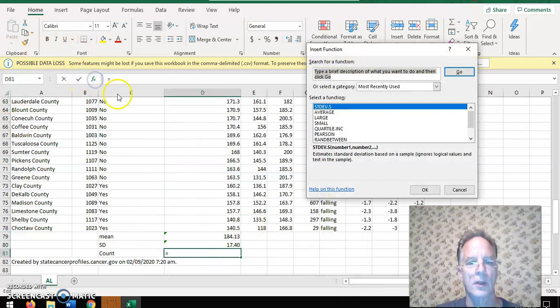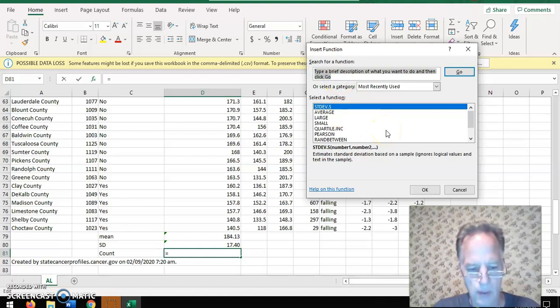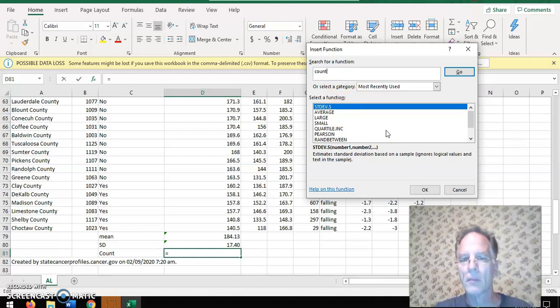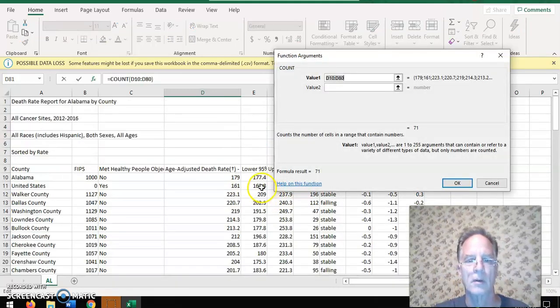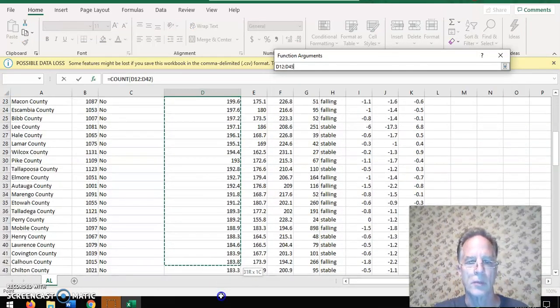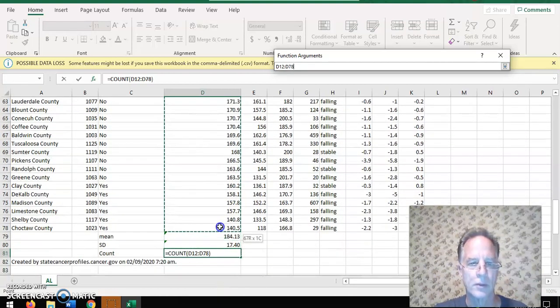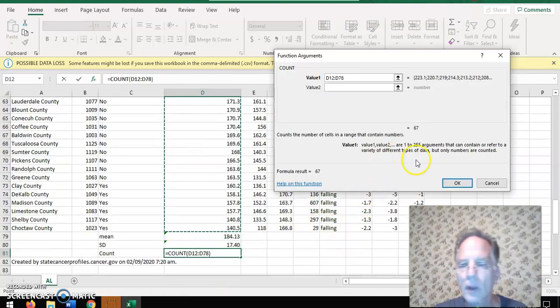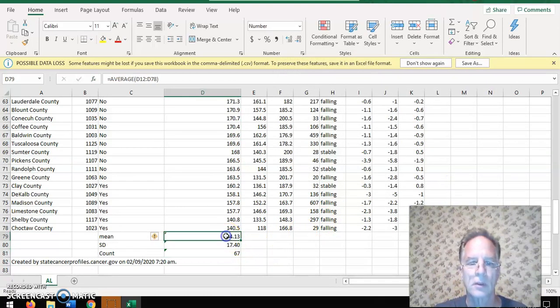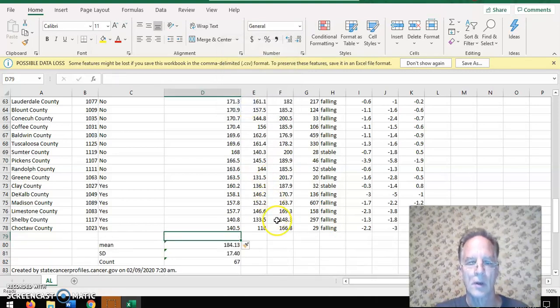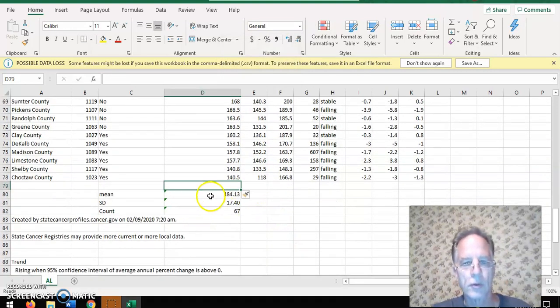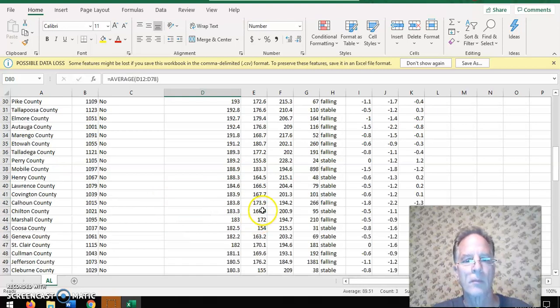And we can do count, I believe is the term that Excel uses for number. Count the number of cells that contain numbers. So that's it. And same thing, left click, hold it down to the last county, and 67 it is. We can insert another row there, give ourselves a little more breathing room. I like breathing room. And there's your descriptive statistics for Alabama